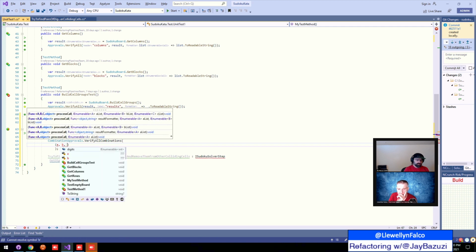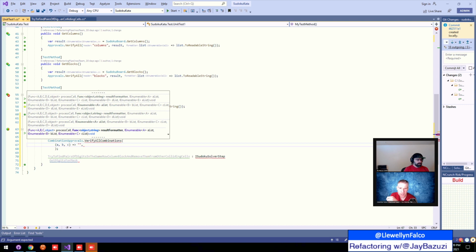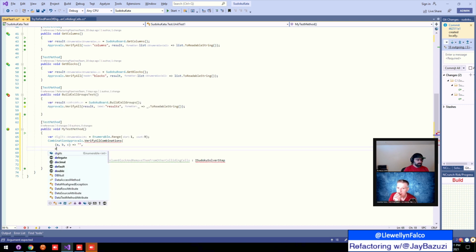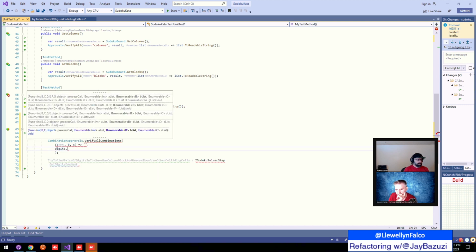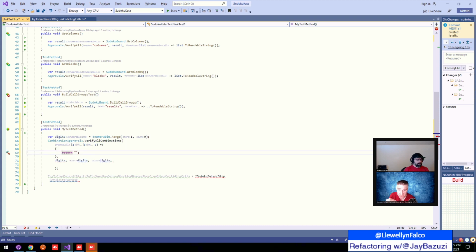Thank you for the help, Sharper. And then it's going to take digits. Okay, and then take the empty string and let's expand that out to curly braces around it. Yeah, there we go. And inside of here, the first thing you're going to do is you're going to say